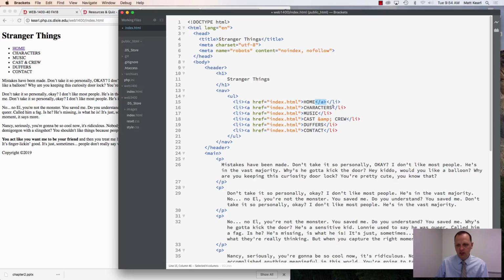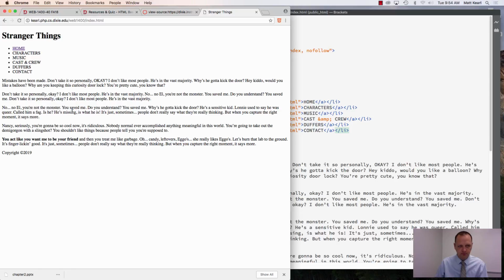And we need closing anchors around each of them. Now, this is probably a good time. Well, let's look at that really fast. And all these are going back to index.html. And now when I click on them, you can see anything I click on is going to take me back